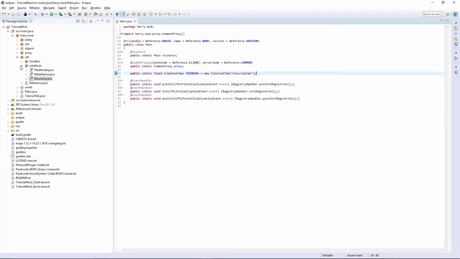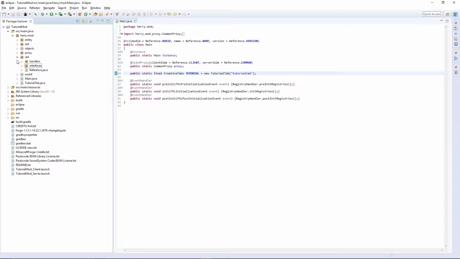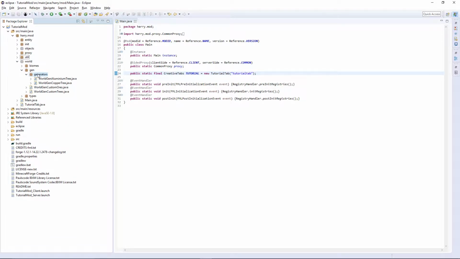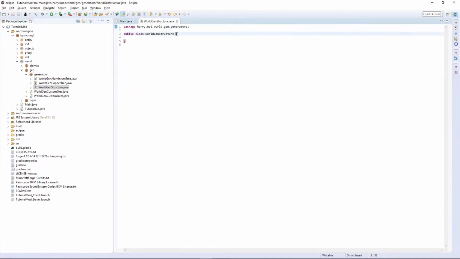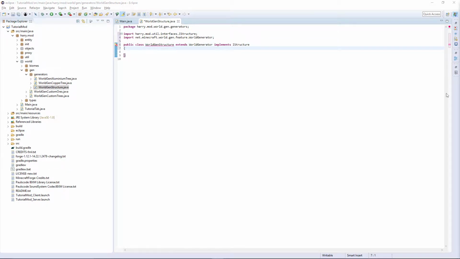and we'll implement that into our next class, the world generator class. So world generators, and create a new class. We're going to create a new class that will be applicable for every single structure, so WorldGenStructure. It's going to extend WorldGenerator and implement IStructure. So inside of here, we are first going to create the constructor,